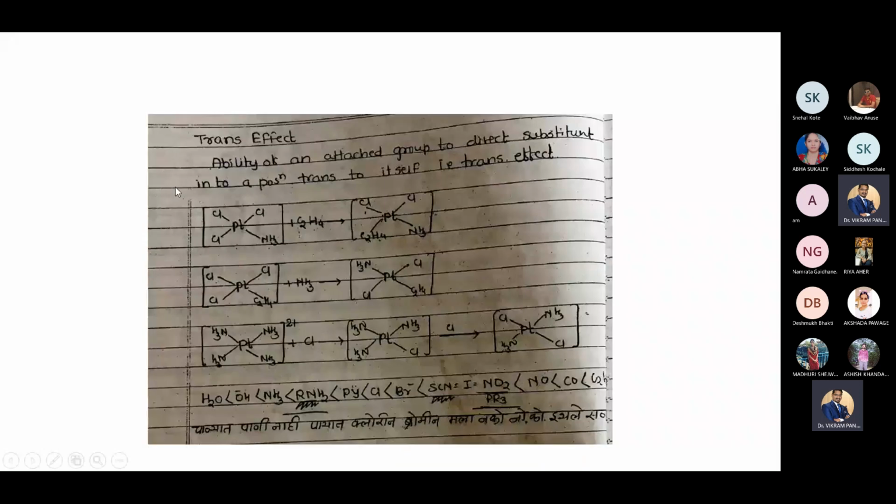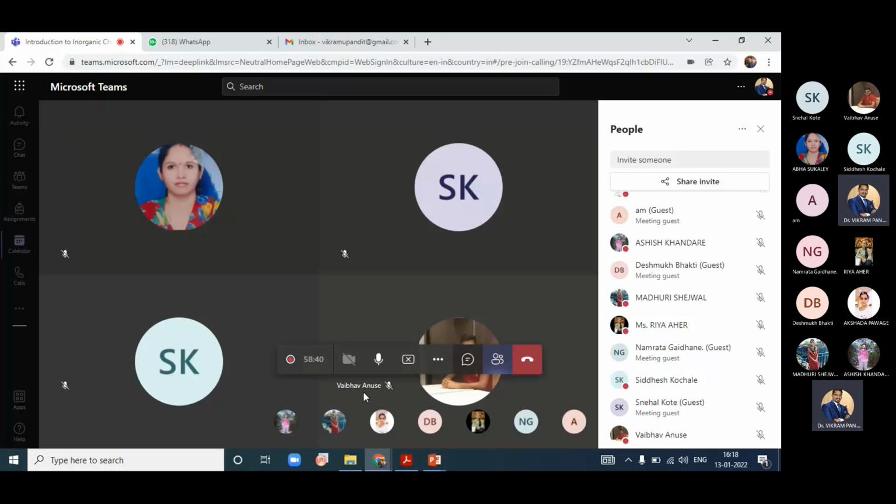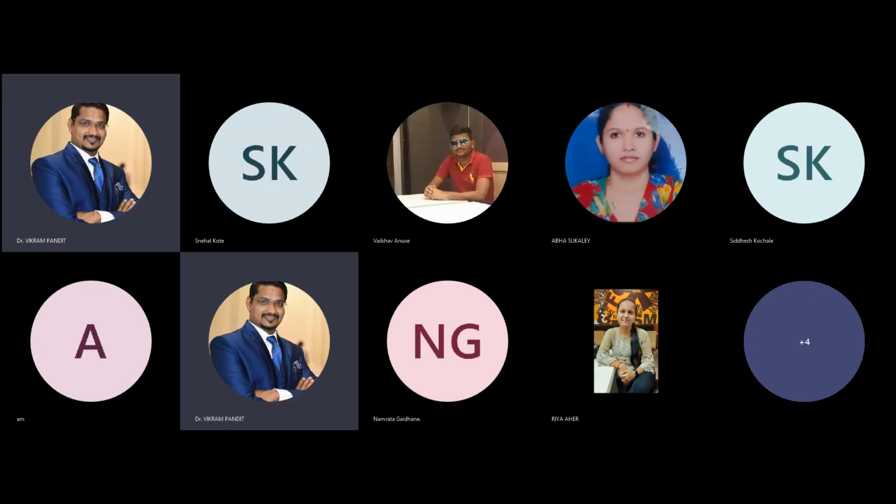Also we have the trans effect. Now this trans effect is also very important. If only one reaction is there, this is for 2 marks, and if two reactions are there, a two-step reaction, this is for 4 marks. So in many cases they ask either 2 marks or 4 marks questions. It's not compulsory that they will always ask 4 marks or 2 marks questions. Okay, so based on these types of tricks, we just started this.